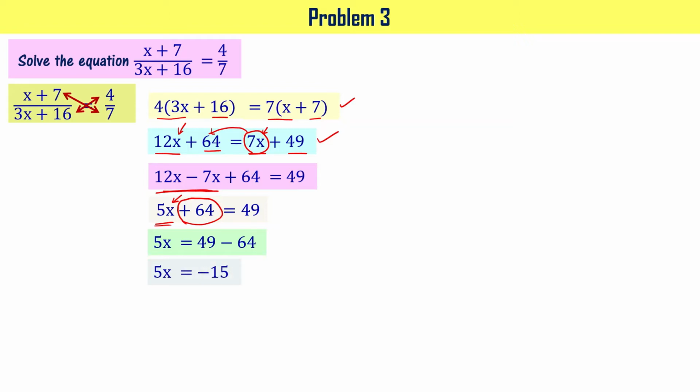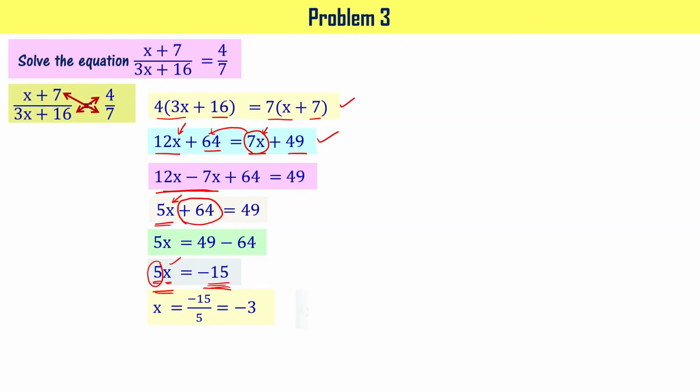Now, when you observe, you have 5 multiplying x, right? If I transpose 5 onto the other side, then I'll have only x on the left hand side. It means whatever value I get on the right hand side is going to be the value of the variable x, or otherwise you can say that is the solution of the given equation, right? Now let me transpose 5 to the other side. Since it is multiplying x on this side, it is going to divide minus 15, right? Let's do that. x equal to minus 15 by 5, that is equal to minus 3.